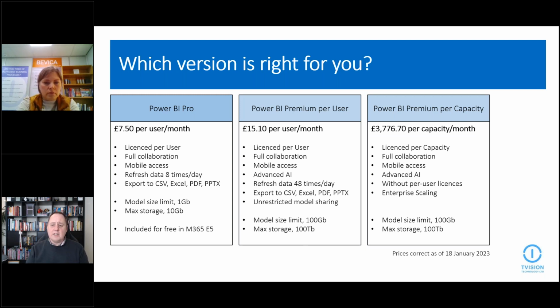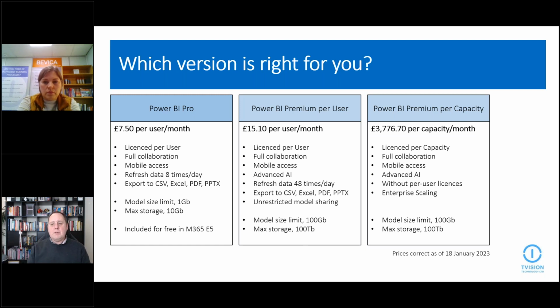Exporting files, you can run a Power BI report within PowerPoint, or you can export a PDF, which is static, or export to PowerPoint as static. The model size limits aren't for the most part going to be an issue, but we can talk about them as and when we look at your data. And if you've got Microsoft E5 365 licenses, you've already got Power BI. If not, you can simply add it on for the $750 per user per month.